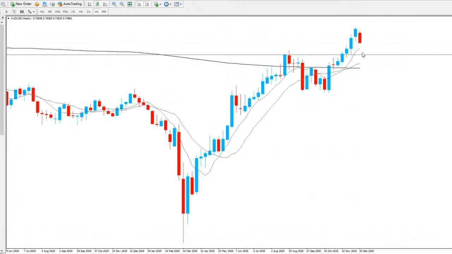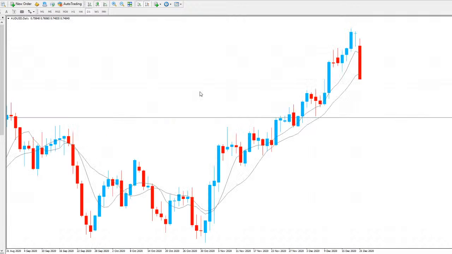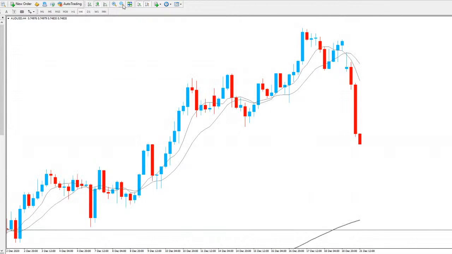So around 0.7368, around there potentially we could see price come to the downside for AUD. As you can see on the daily chart, it's a little bit better actually. You can see you come to test that area, push the downside, so around there potentially we could be seeing price come back to at least before we start to see any major pushes back to the upside for this pair. Again, the chart is looking very bearish.